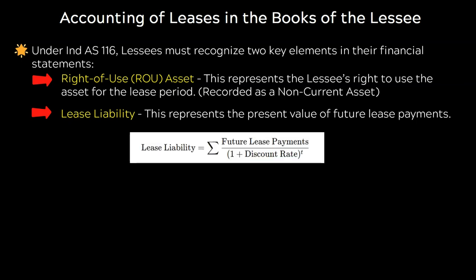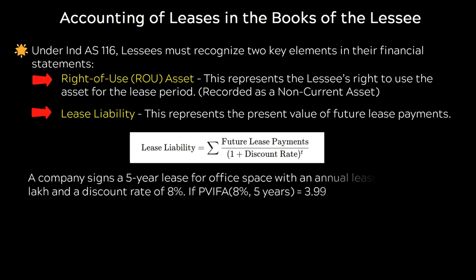The formula for lease liability is simply the summation of future lease payments divided by 1 plus the discount rate raised to the power t, where t is the period of payment. For example, if a company signs a 5-year lease for office space with an annual lease payment of rupees 10 lakhs and a discount rate of 8%, then using the present value of annuity factor, that is PVIFA, we can calculate the lease liability as rupees 10 lakhs